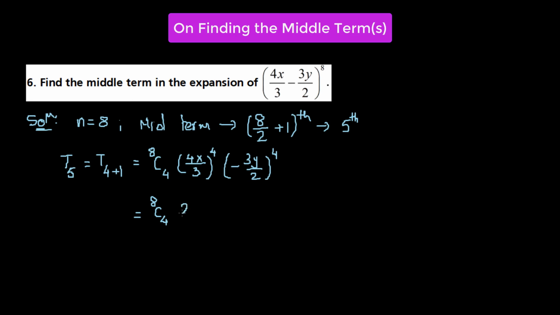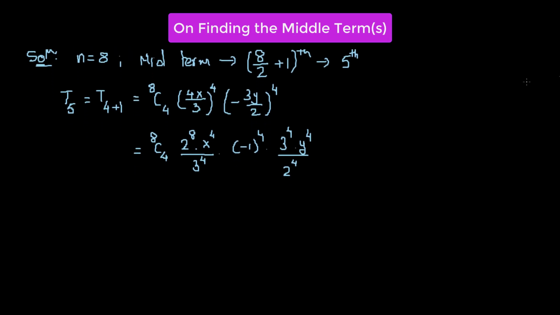So 2 squared raised to the power 4 is simply 2 raised to the power 2 times 4, which is 8, times x raised to the power 4 divided by 3 raised to the power 4. Then we have negative 1 raised to the power 4 times 3 raised to the power 4 times y raised to the power 4 divided by 2 raised to the power 4. Then we do the final manipulation, which is